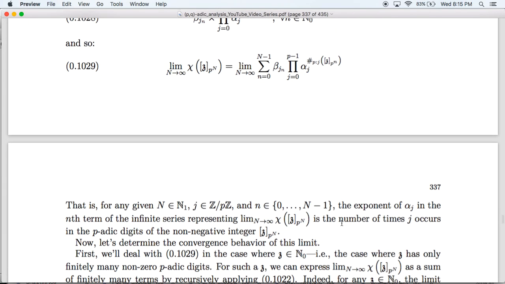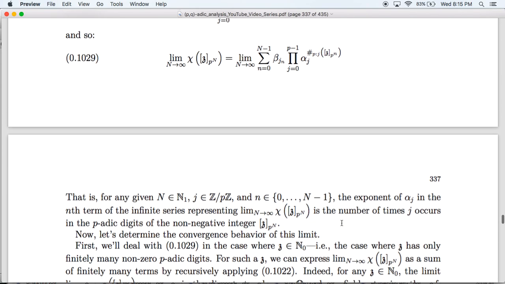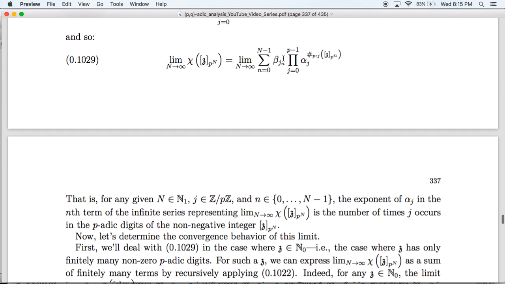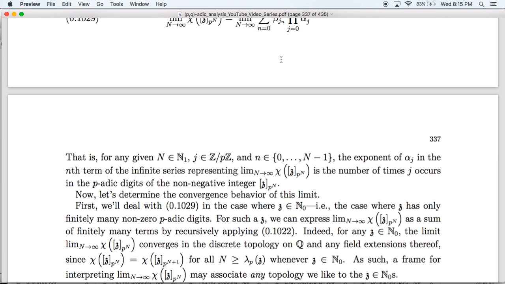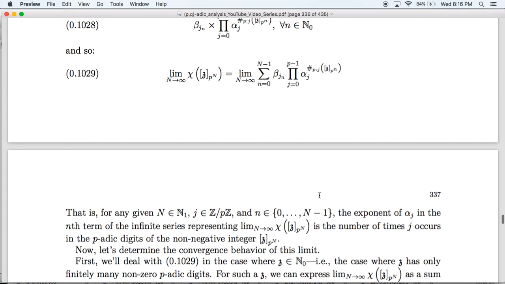So now let's just determine the convergence behavior. Well, first of all, note that modulo the constant term, this is just one of our F series. So if z is in N0, then the only digit that occurs infinitely often in z's expansion is 0. And so in this case, we'll be able to express this thing as the sum of finitely many terms by